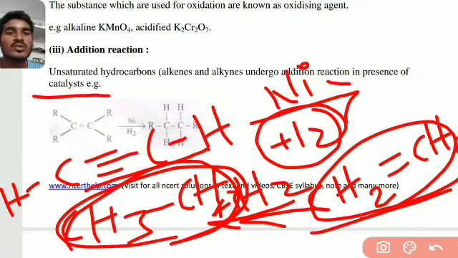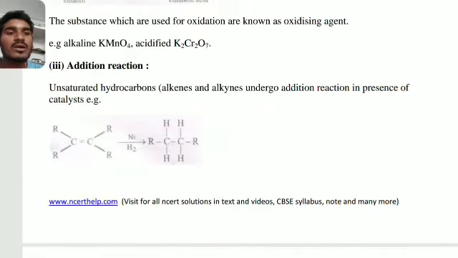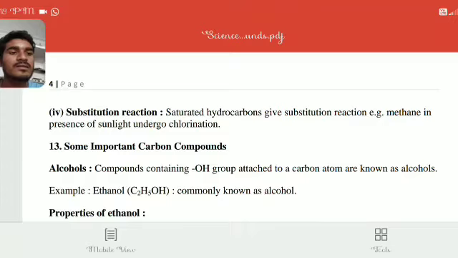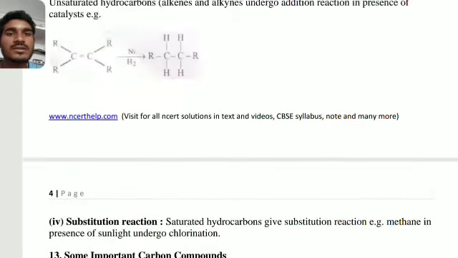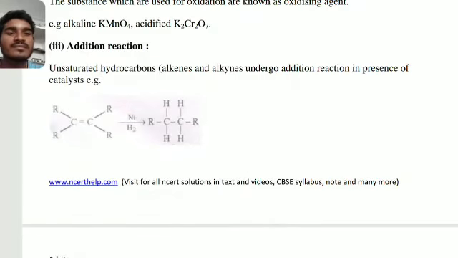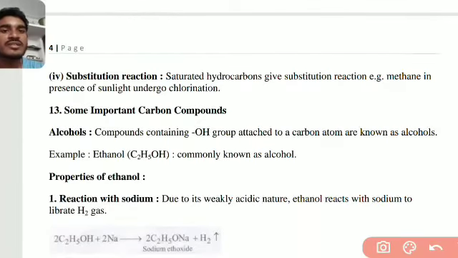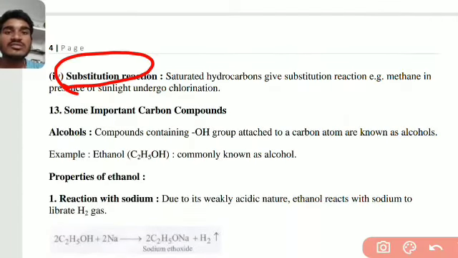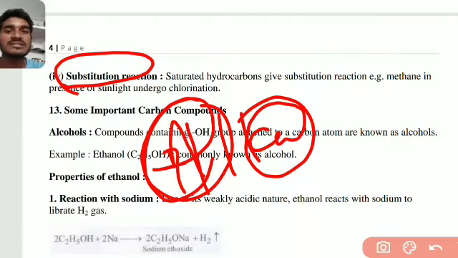Example H2. So here one example is a C double bond, or here a C double bond, which is the best example for the addition reaction. Okay, now we'll see the substitution reaction. The substitution reactions only involve alkane. Okay, remember this one: alkane always undergoes substitution reactions, with single covalent bonds.